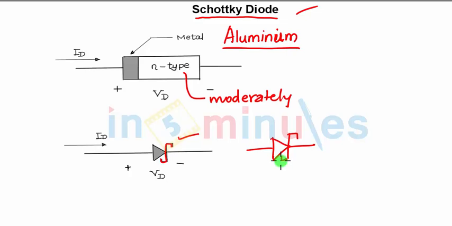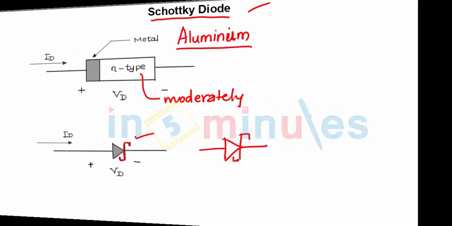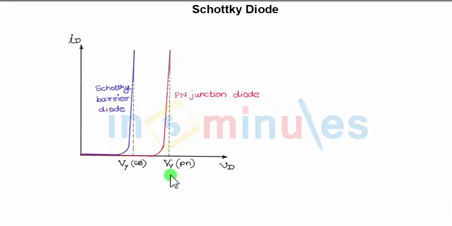Now the diode current equation of the Schottky diode and the normal PN junction diode are the same. Then the current-voltage characteristics are again the same. It is very similar to that of the PN junction diode. When you look at the characteristics of the Schottky diode, over here you can see the barrier potential, or the potential difference required to turn on the PN junction diode, and the barrier potential to turn on the Schottky diode is different. So there are basically two main differences between the Schottky diode and the PN junction diode.